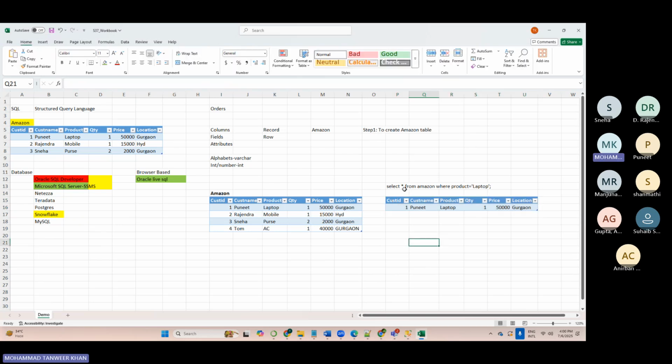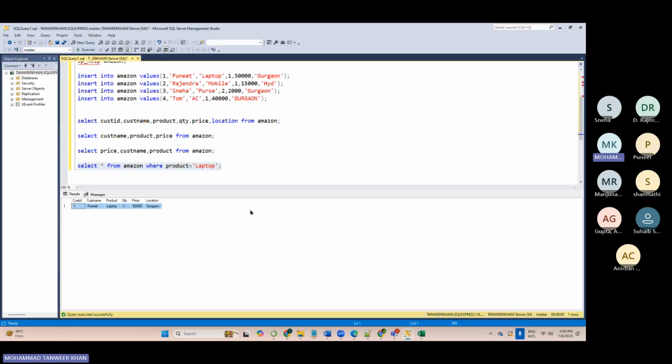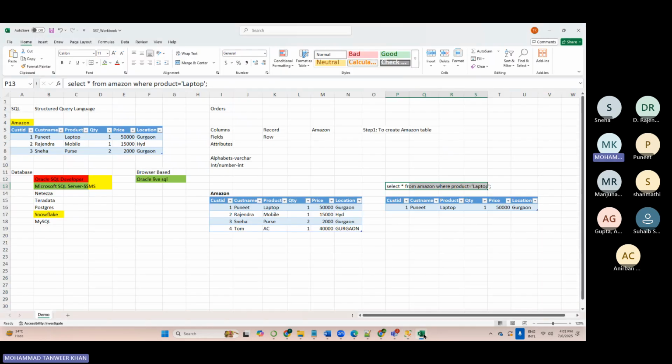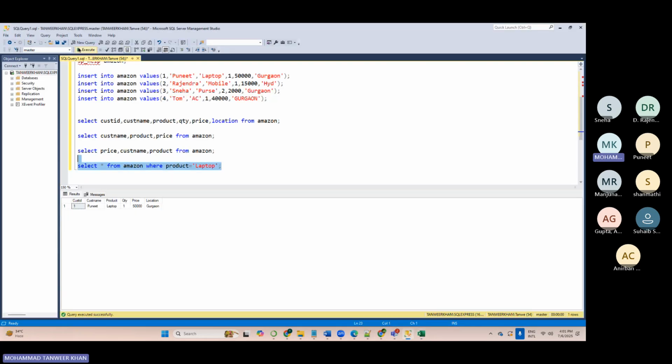Okay. But now let's try to understand how the SQL engine is executing the query. Suppose I just clicked on the execute button and in a fraction of a second I got this output. So what exactly is happening at the backend by the SQL engine? That's what we have to understand, and that is the main intention of this course. So when you execute any query, like when I click on the execute button, then what happens? The SQL engine